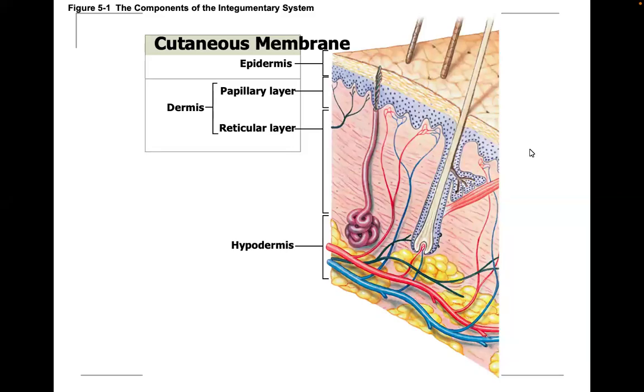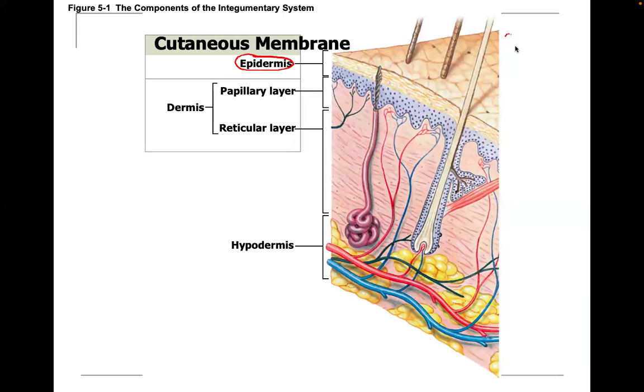Hi, class. Let's take a look at the dermis now. In a previous video, we did mention the epidermis. What we know about the epidermis is that if you have thick skin in this area, it's made up of those 5 microscopic layers, and in areas that have thinner skin, only 4. And remember, from superficial to deep,